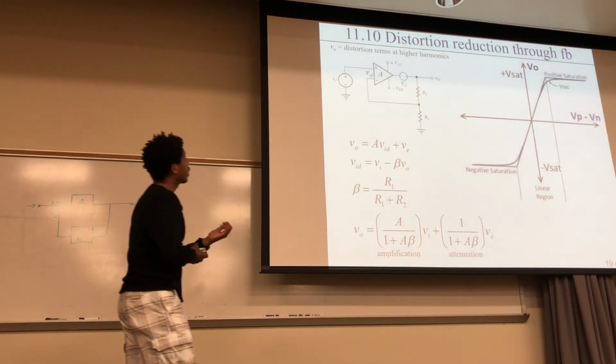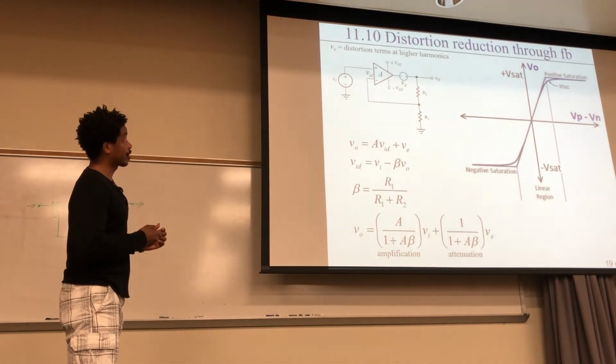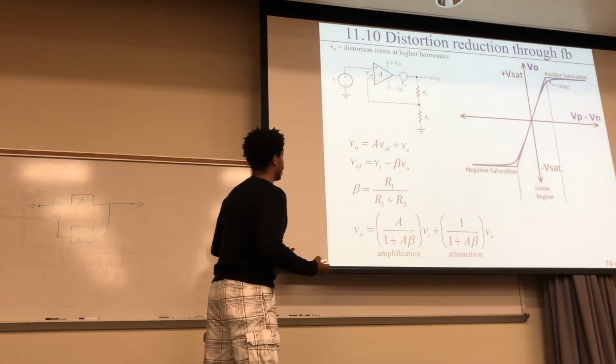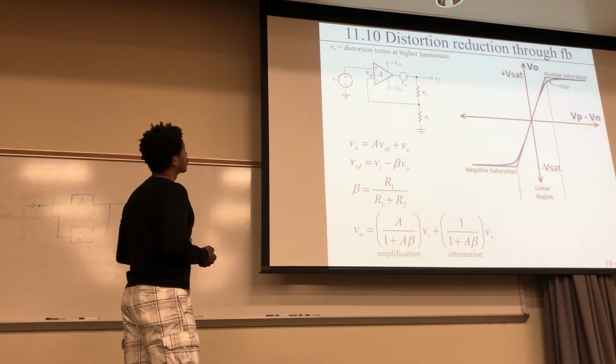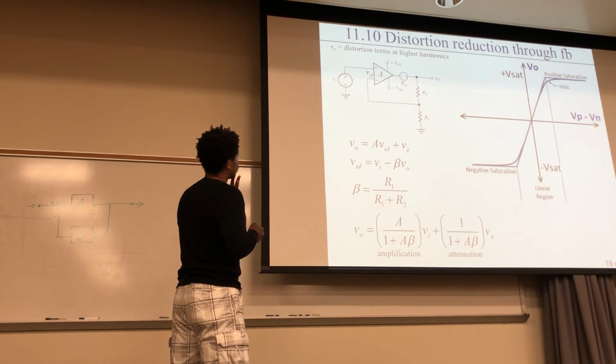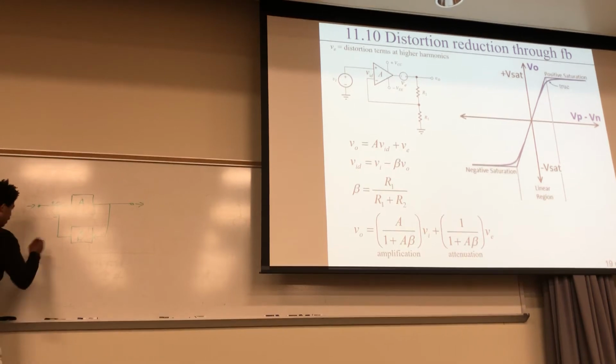Okay, and for the last thing right here, this is something on distortion reduction through the feedback. And here's why distortion gets reduced if you have negative feedback. So let's say we have a signal going through here, and we have this distortion that's added to it right here. This piece is going to be amplified going through, but plus you're adding some distortion to the whole thing. So if you think about it, it's like this. So maybe VI was like, I don't know,